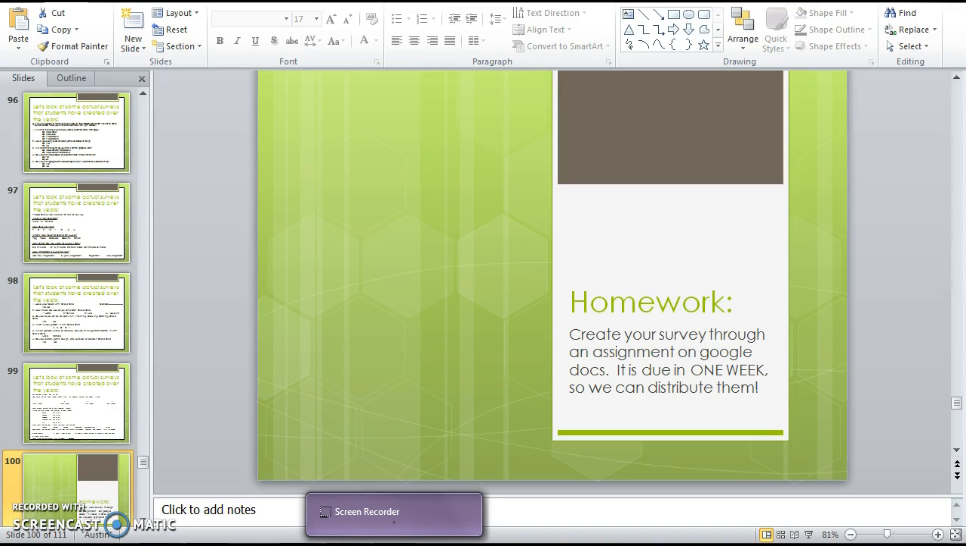So here, let's look at this first one, gun control. It says, do you agree or